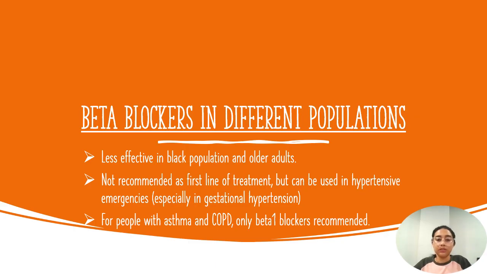So here we have listed how beta blockers work in different populations. While beta blockers have a variety of uses and great effect in most of the population, the effect of beta blockers is relatively less in the Black population and older adults. It is not recommended as first line of treatment in normotensive or hypertensive patients, but